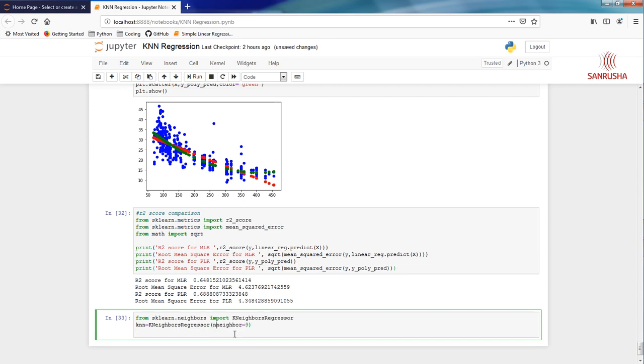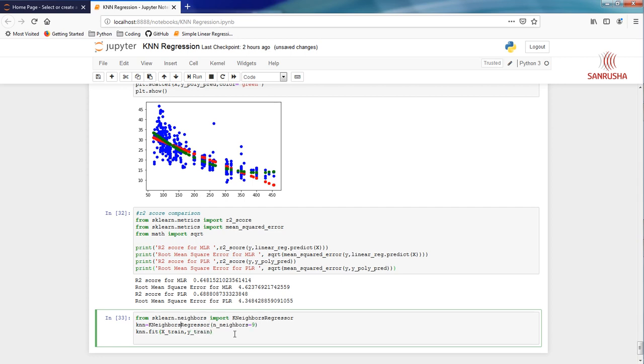Over here we will put n_neighbors equal to 9, and don't worry, I will explain to you what is the significance of that value and why we choose 9. For now just put n_neighbors equal to 9, and next we are going to fit the KNN with the x_train and y_train values.